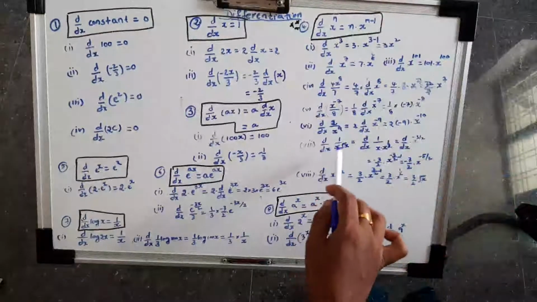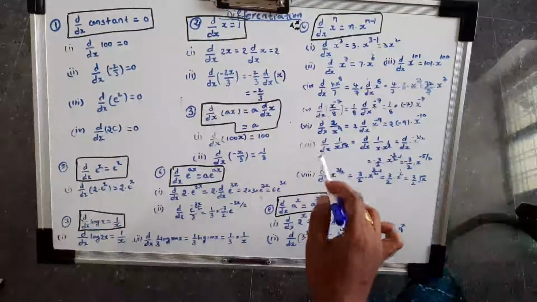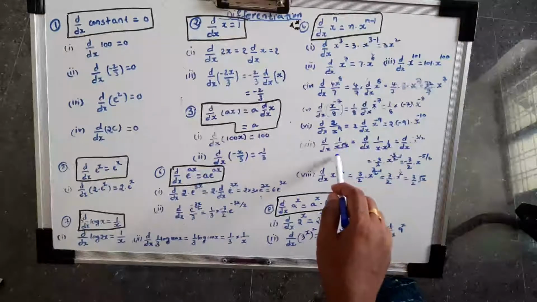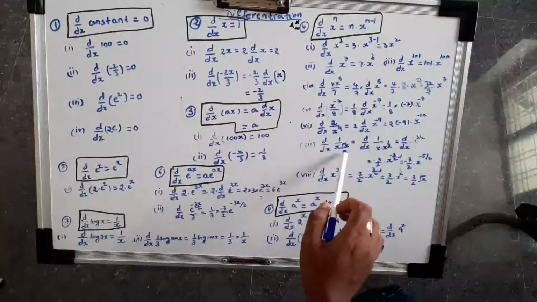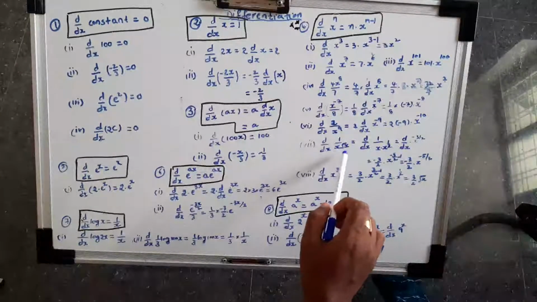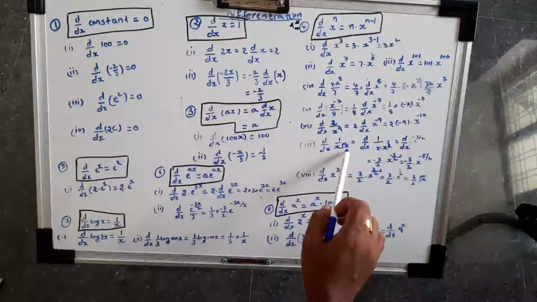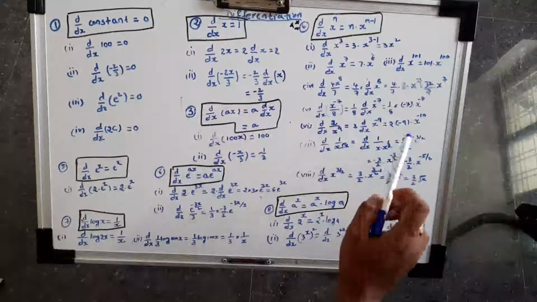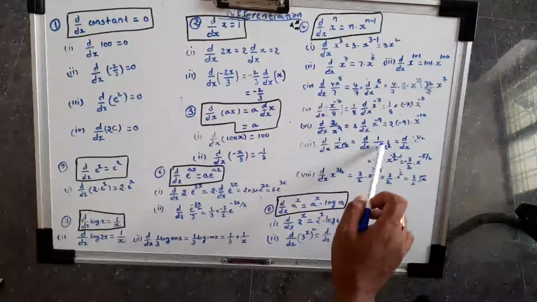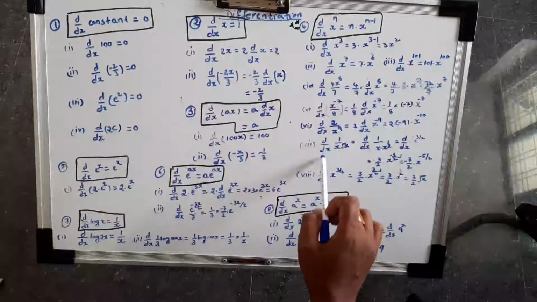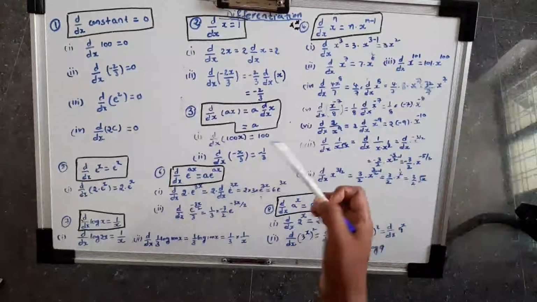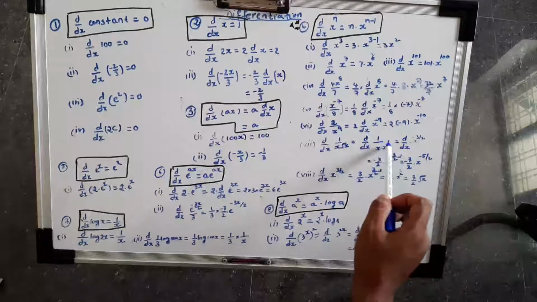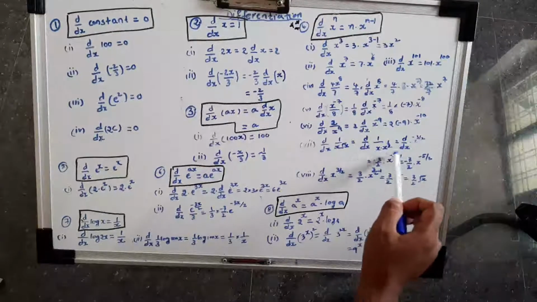See here, the derivative of 1 by x root x. This is compulsory in the problems; roots of variables will also be given. First we have to convert root x into a power of x: root x means x power 1 by 2. If the bases are the same, first simplify, and only after simplification do the derivative. We can't differentiate x root x directly, so x times x power 1 by 2. Here the bases are the same, 1 plus 1 by 2, so x power 3 by 2.